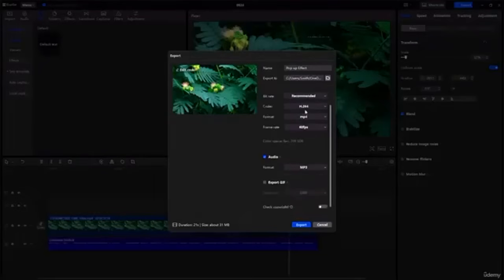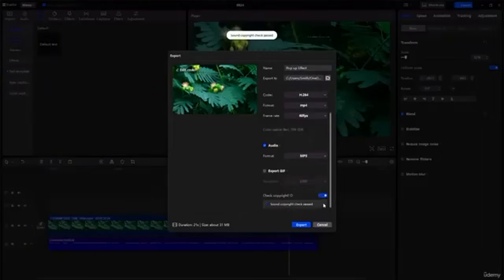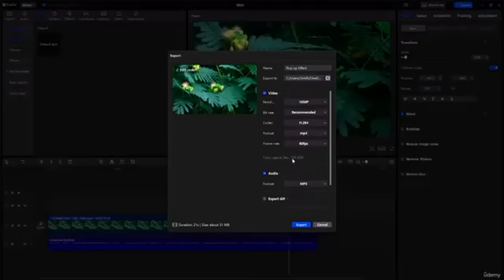And now let's come here if you do want to check copyright of this one. So here you guys can just check the copyright option as well. Okay, so once you're done, you guys can see the rate is 60 fps, which is frames per second. Format is mp4, codec is h.264, bitrate is recommended. Now let's click on export, and you guys can see the duration is 21 seconds and the file size is